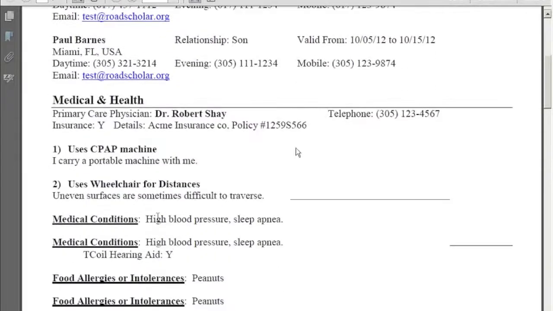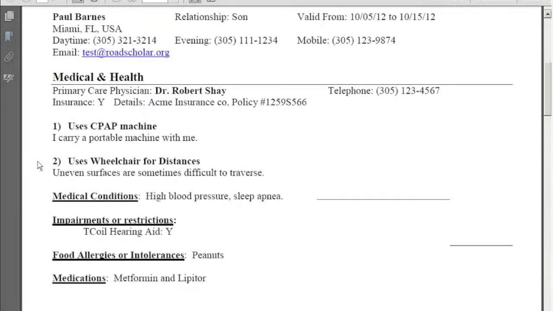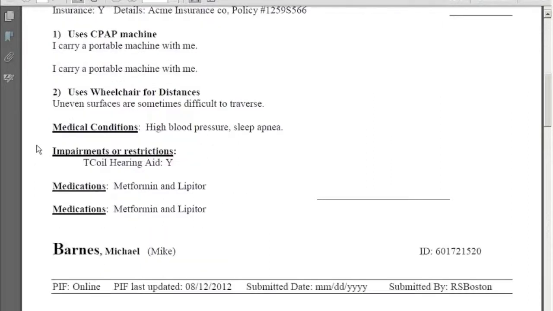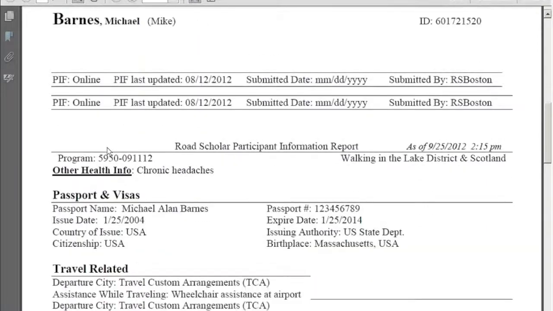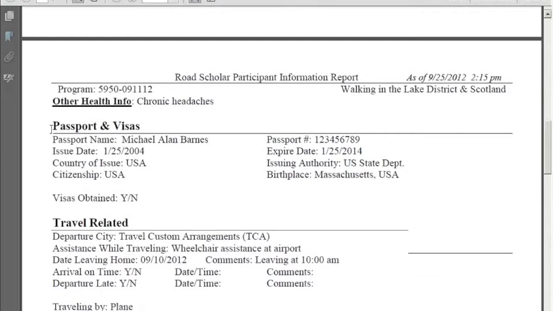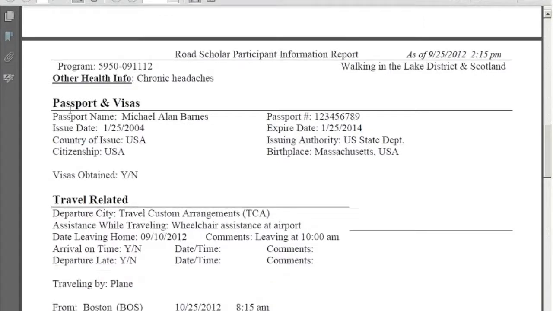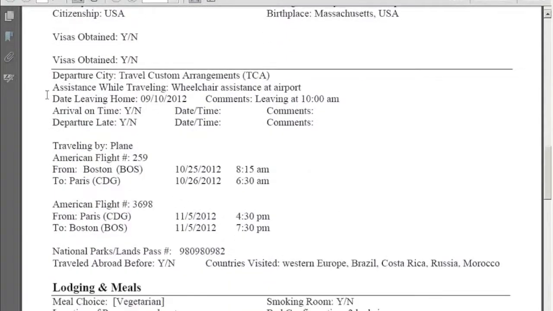The health and medical information will all show, and this is, again, all based on what their responses were on the PIF itself. And we don't have the page break in the right place, but we will. And then we get passports and visas, which would only be, of course, applicable for programs that go outside the states or have visas required by other countries. And the travel-related section,